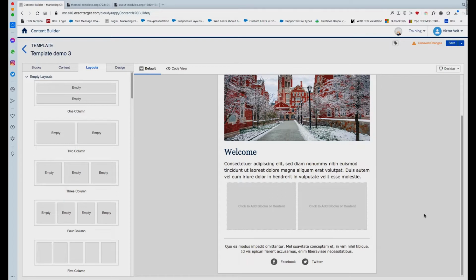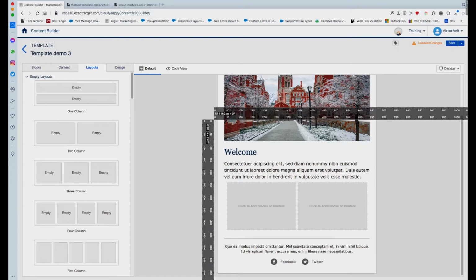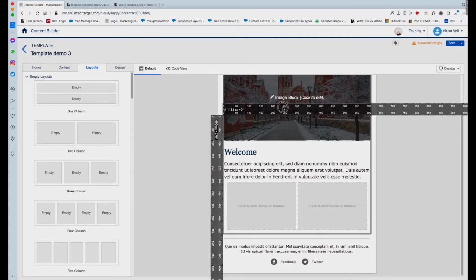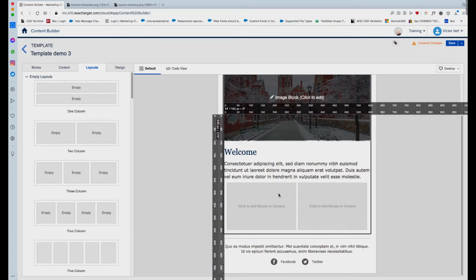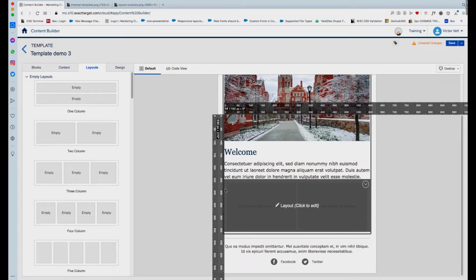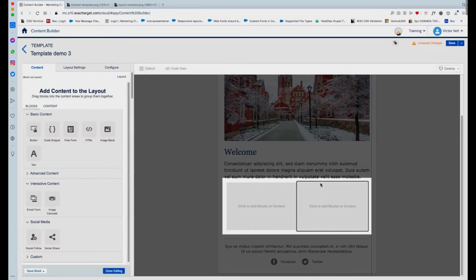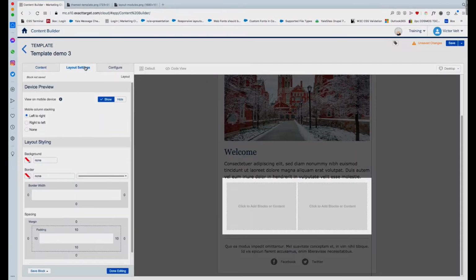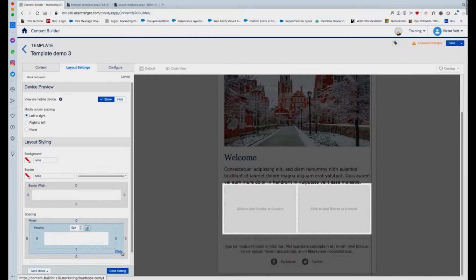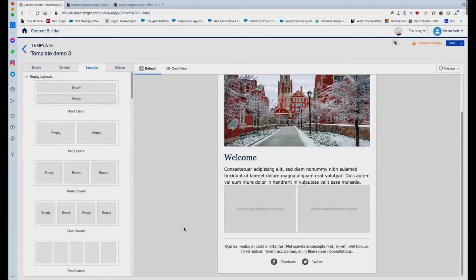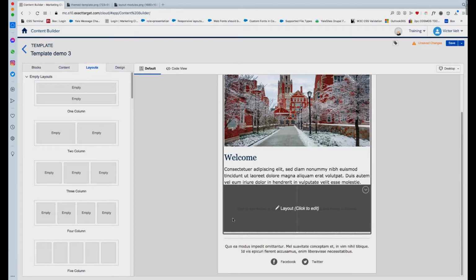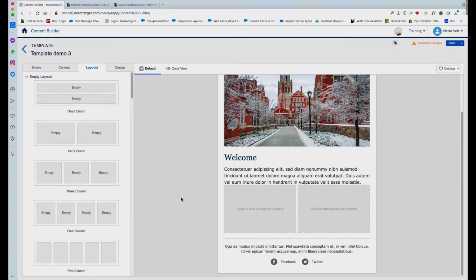Okay, now notice that there is some padding space by default. It's built into this layout block. So there's a little extra space here. So these don't really line up with the content that we have, and we don't want that. So what we're going to do is click on this and go to Layout Settings, and we see here's that default padding space right here. So we're going to zero that, clear it, and now the space between the 2 columns is very tight,